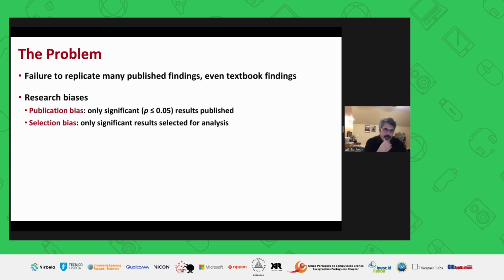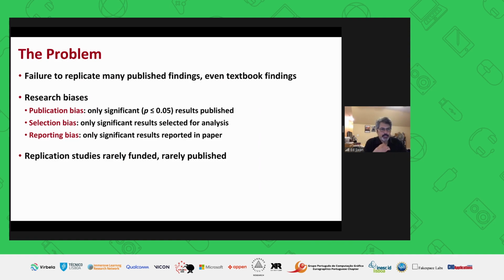Selection bias: only significant results are typically selected for analysis. And finally, reporting bias: only significant results are reported. So publication bias, selection bias, reporting bias. Because of this,